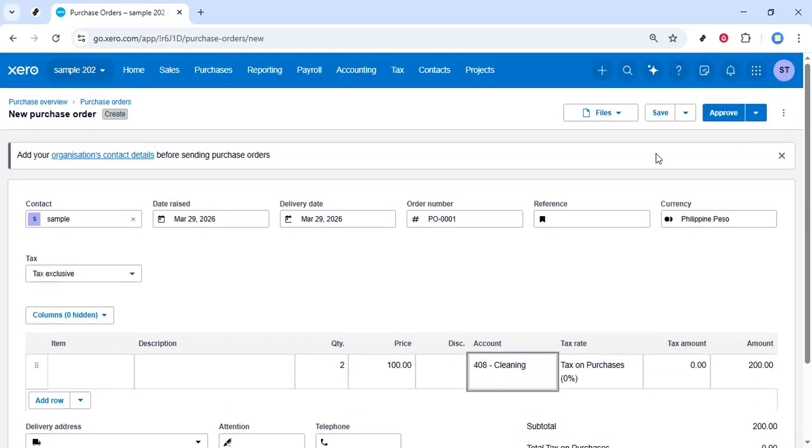Click the Approve button. Approving the purchase order locks it in as an official document and allows you to email it to the supplier or use it later to create a bill when the goods or services are received. And that's it. You've created a purchase order in Xero. From logging in to navigating to purchases to entering details and approving it,